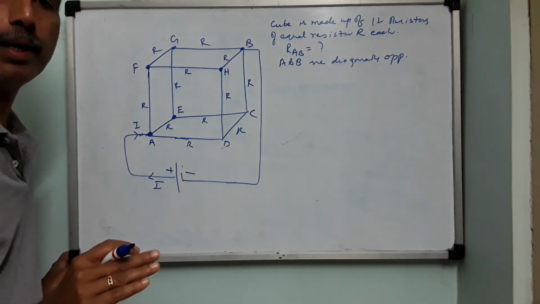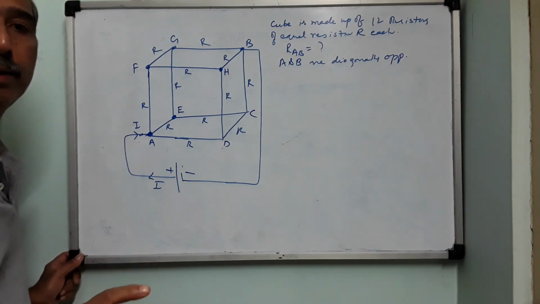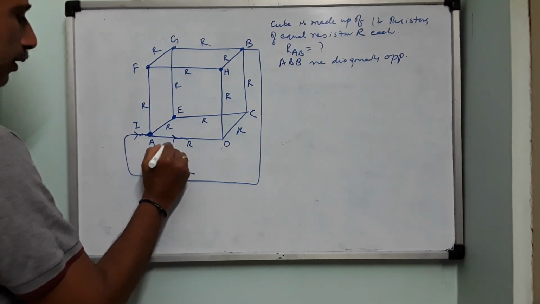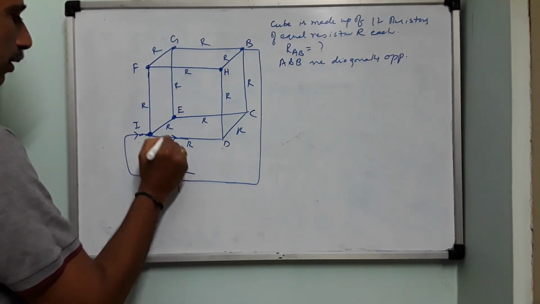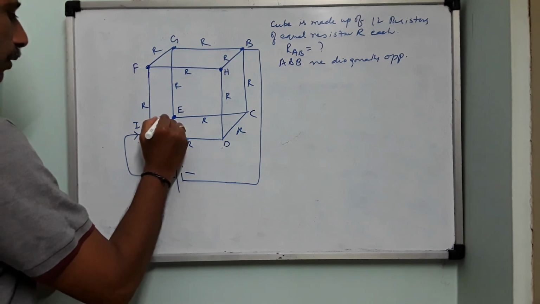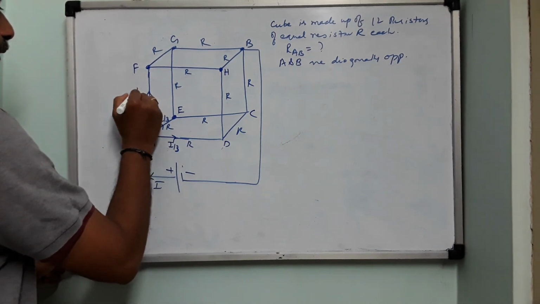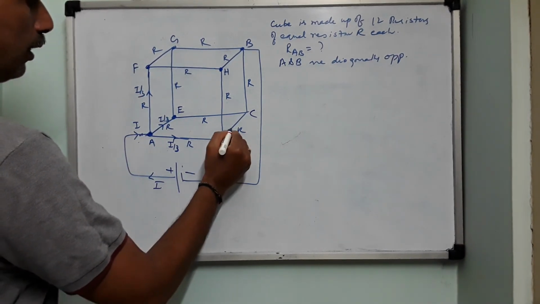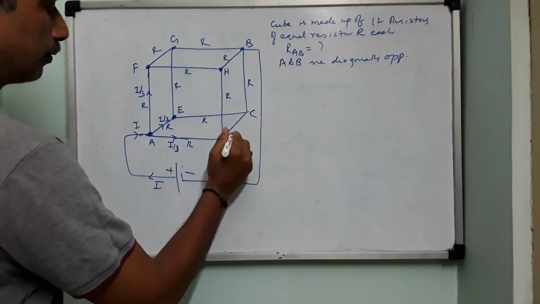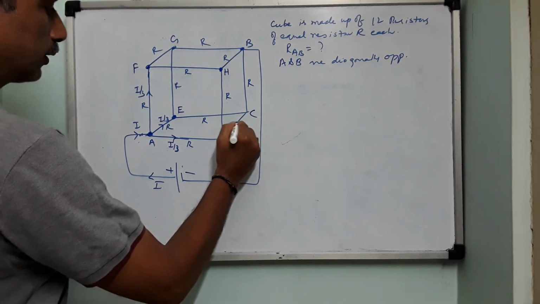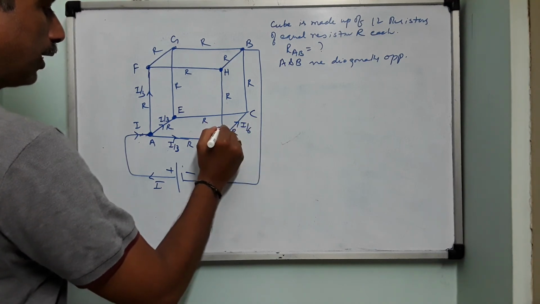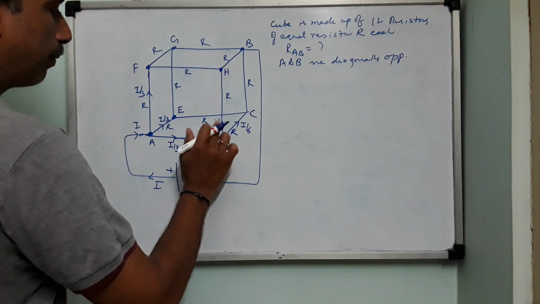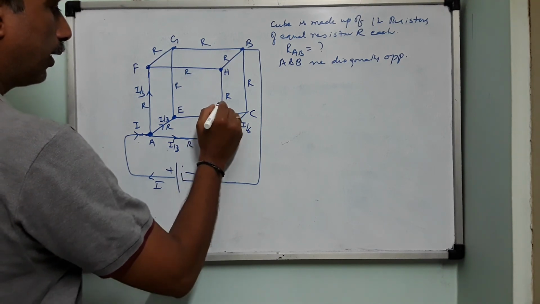So we have now symmetry. So currents are equally divided. Therefore, I can write this current as I by 3. This current is also I by 3, and this current also I by 3. Now this I by 3 current, after reaching over here, will divide into 2 again. One current is I by 6, the other current is again I by 6. Here I will write I by 6.